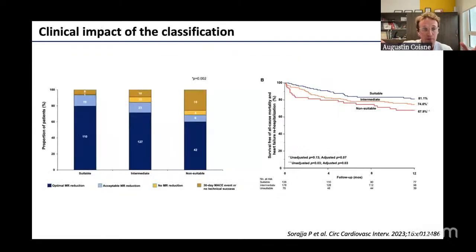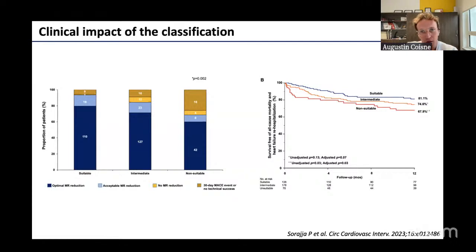What is the clinical impact of this classification? Paul Sorajja's team published this in JACC Cardiovascular Interventions 1 year ago, and they looked at the 3-grade classification: patient suitable, intermediate, or not suitable for edge-to-edge repair. And they found that, not surprisingly, non-suitable patients had lower MR reduction, of course, higher rates of 30-day MACEs, and lower technical or non-technical success, but most importantly, we had a lower